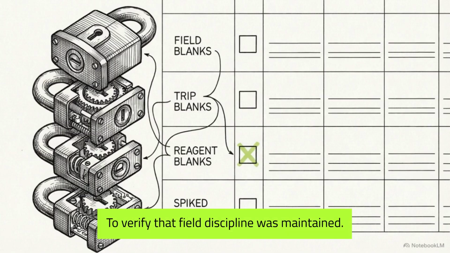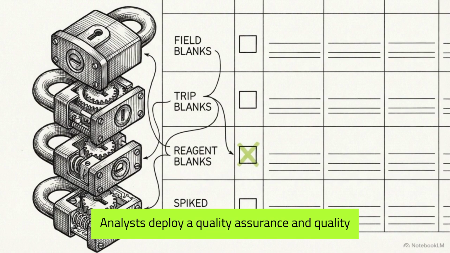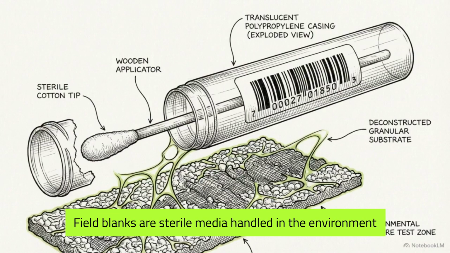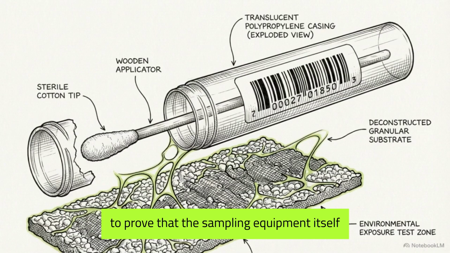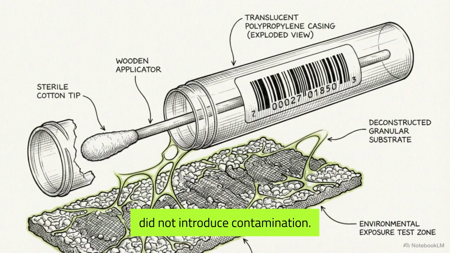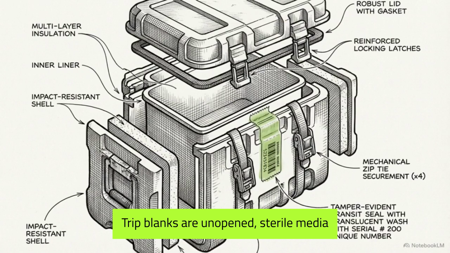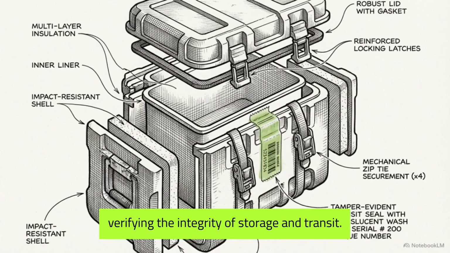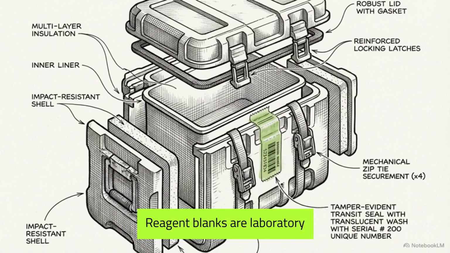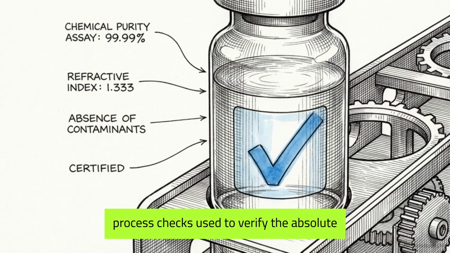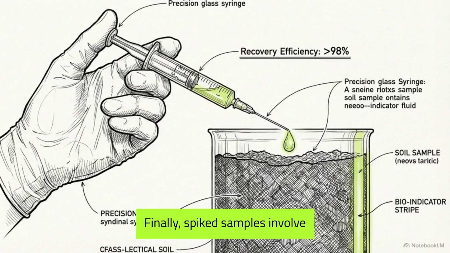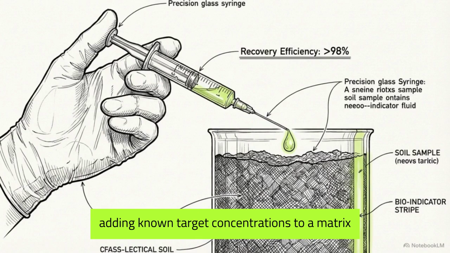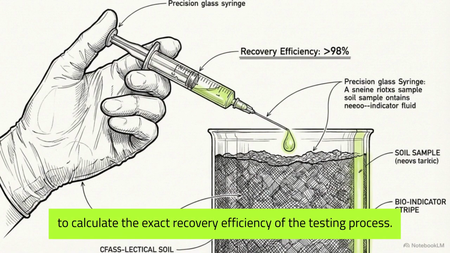To verify that field discipline was maintained, analysts deploy a quality assurance and quality control matrix using redundant control blanks. Field blanks are sterile media handled in the environment to prove that the sampling equipment itself did not introduce contamination. Trip blanks are unopened sterile media that travel the full circuit from lab to field and back, verifying the integrity of storage and transit. Reagent blanks are laboratory process checks used to verify the absolute chemical purity of the testing agents. Finally, spiked samples involve adding known target concentrations to a matrix to calculate the exact recovery efficiency of the